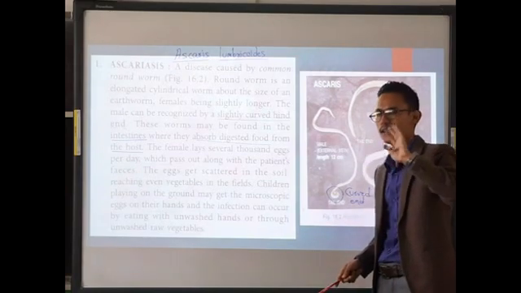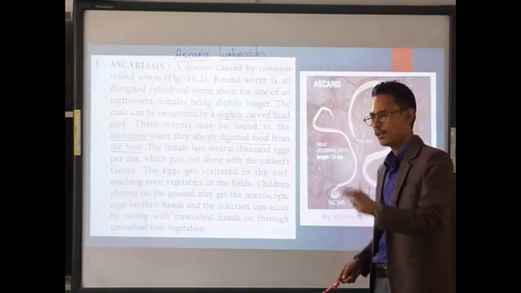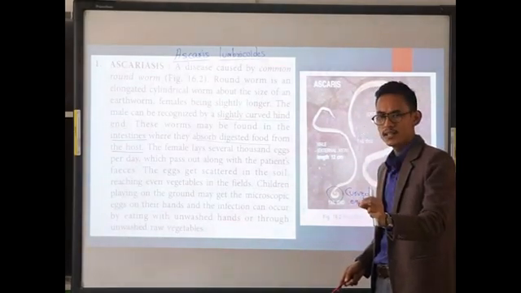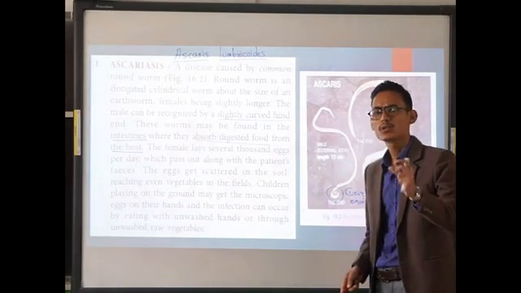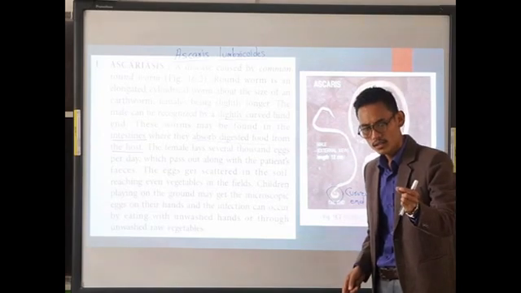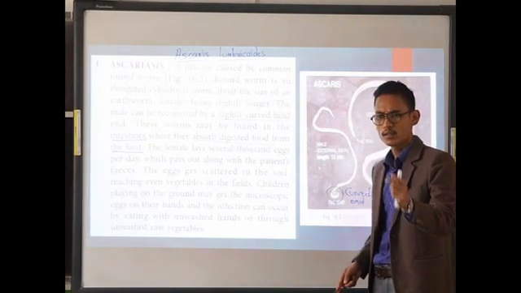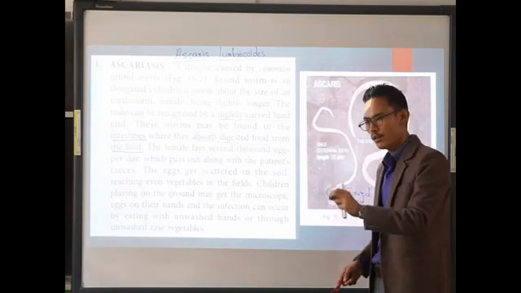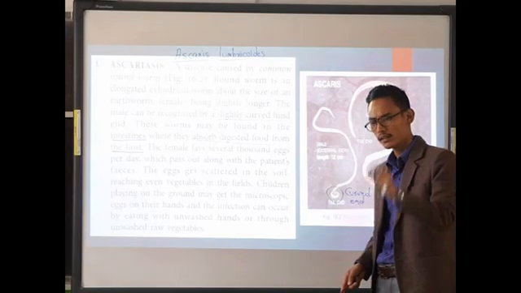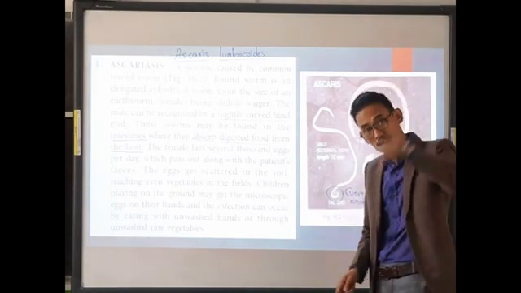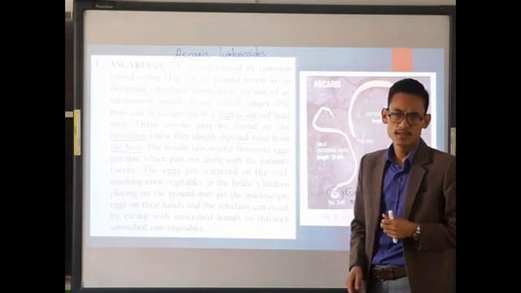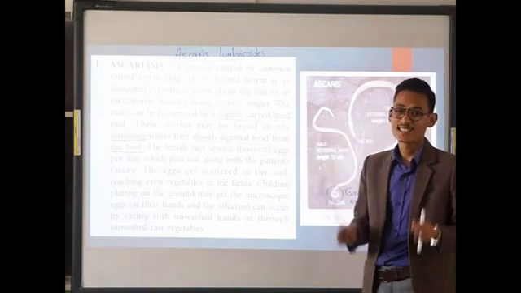Now those eggs will scatter here and there in the soil or even in the vegetables, and mainly the individuals will be infected if they come in contact with those eggs. If the children touch the eggs with their hands, and eat the eatables without washing their hands, then those children will be infected. Or even individuals who eat raw vegetables without proper cooking that contain the eggs of roundworm. In that case also, the worms can be transmitted. So here we have finished ascariasis.